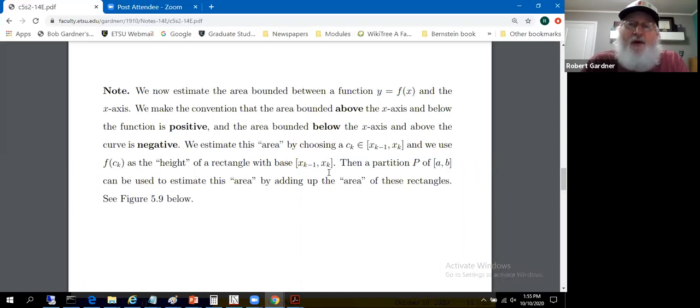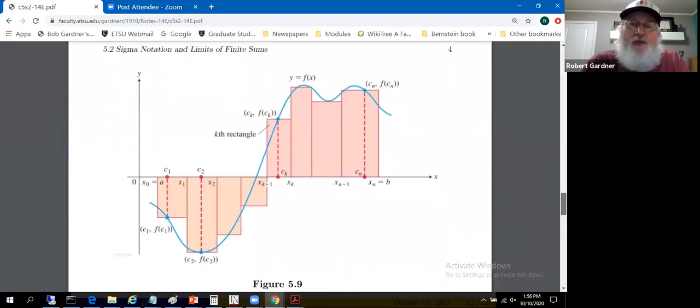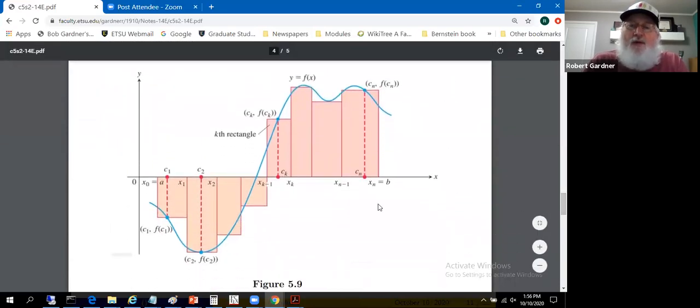So we found a width and a "height." With a partitioning, that allows us to estimate the "area" by adding up the "area" of the resulting rectangles. So the procedure we're going to use would produce this area plus this area plus this area